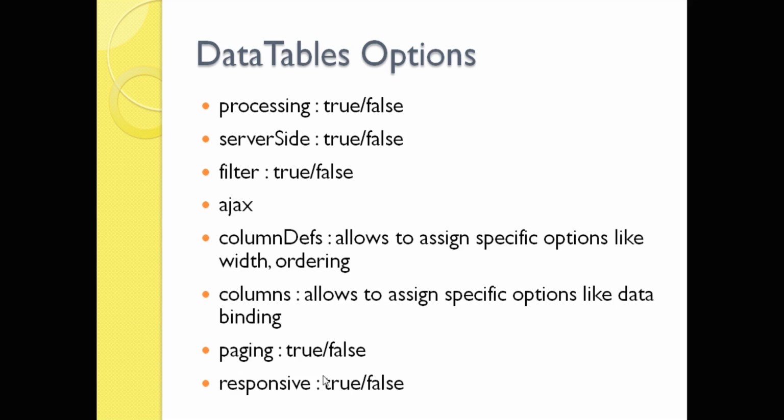Then, whether you want to provide a pagination facility or not, in that case you will specify the paging option accordingly, which can be true or false. For a responsive data table, you can set it to true, otherwise you can go for false. If you set it to true, then you can say it is a mobile-first design, or related to bootstrap. Those who are familiar with bootstrap definitely understand this. Basically, responsive design means it adjusts according to the various devices like laptop, mobile devices, tablet, or anything. We will see the implementation of this part